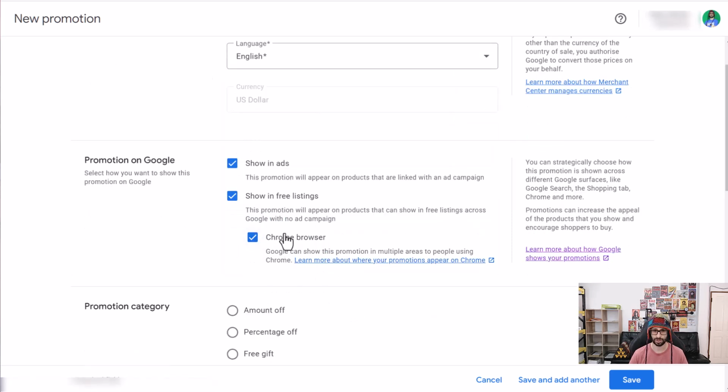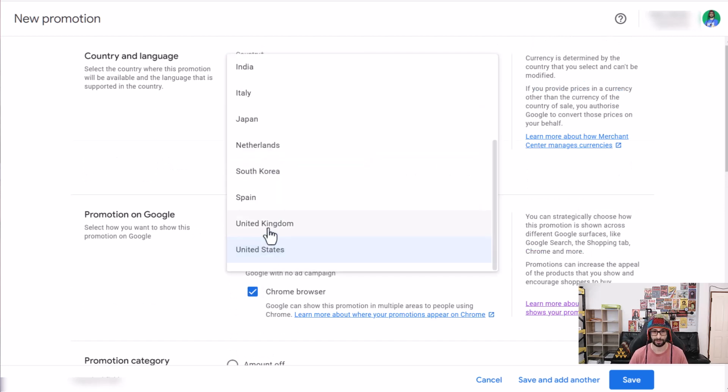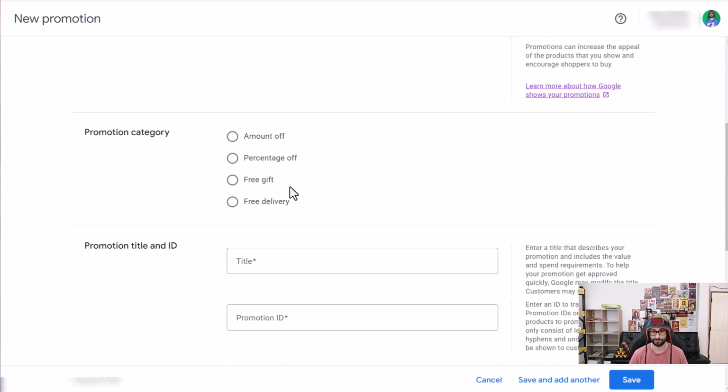So you can also show the promotion in a Chrome browser, which is very helpful for getting a notification. For example, when a user goes to your website and has not noticed the promotion, they will get a notification in the corner saying this website has a promotion that you can benefit from. That is a very cool new feature, and considering Chrome is used by many users, this is a great feature, although it's only for the US, so not for the UK. And also you can see here free listings. So if you go back to United Kingdom,